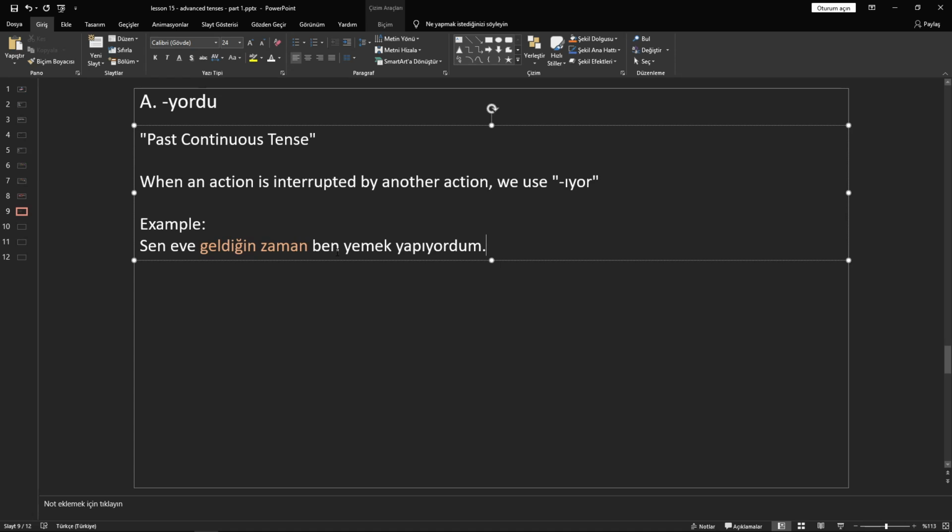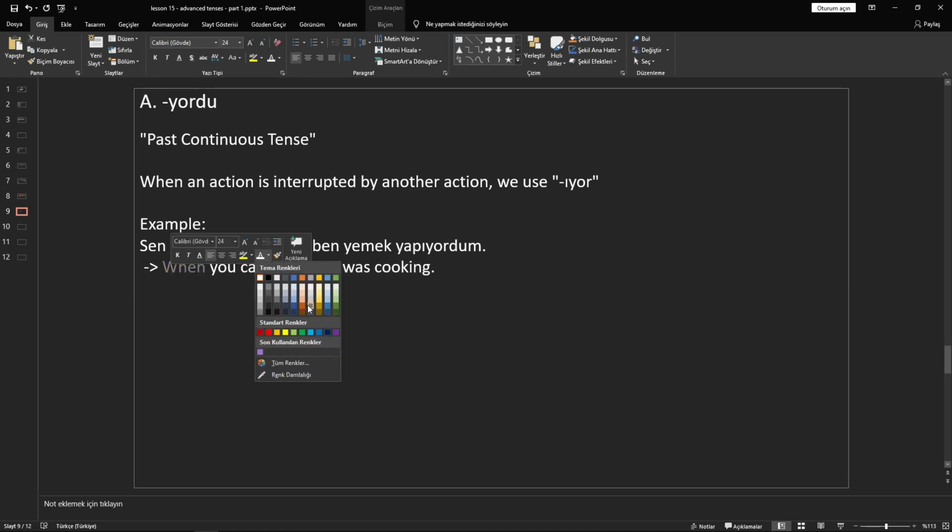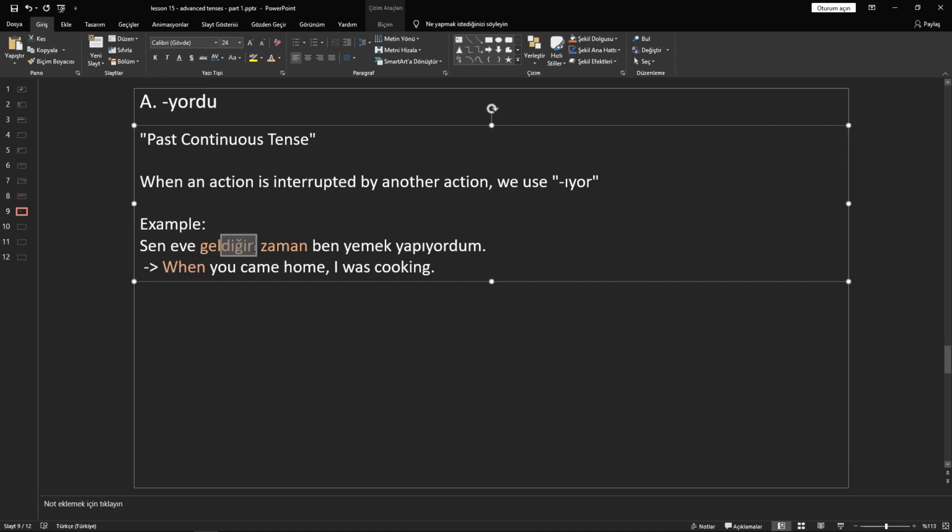In this sentence, there are two events, two actions, and I combine them. I put them together. I connect them with this geldiğin zaman, and I change the tense to yordum. So that means when you came home, I was cooking. So when is basically geldiğin zaman. Actually, diğin zaman with gelmek. So when you came,